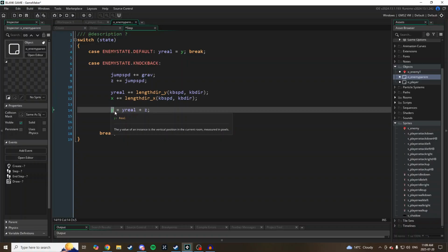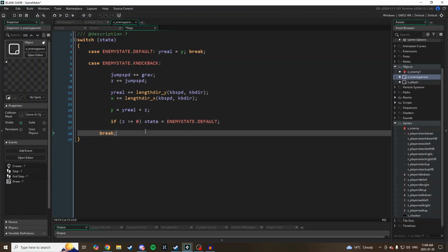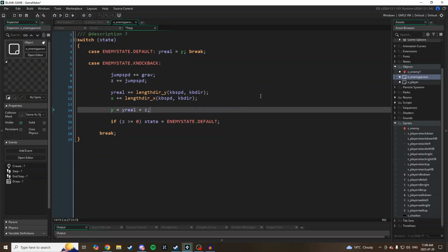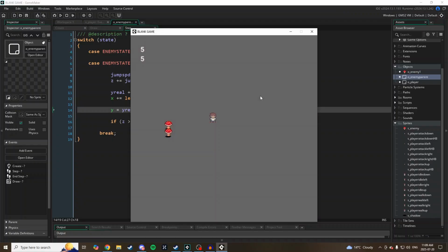And then finally, I'm using my Y position, and I'm using my Y real plus Z, which is my fake Z axis that I have created. And then finally, if Z is greater than or equal to 0, which means we have collided back with the ground, I'm setting my enemy state back to default. And if I run this now, and I go and attack my enemy,